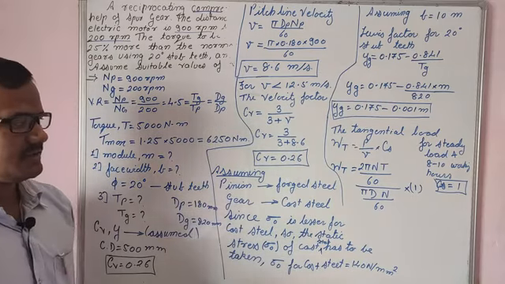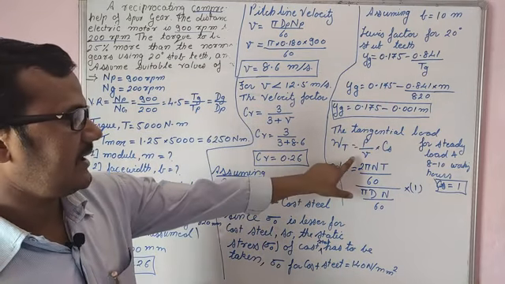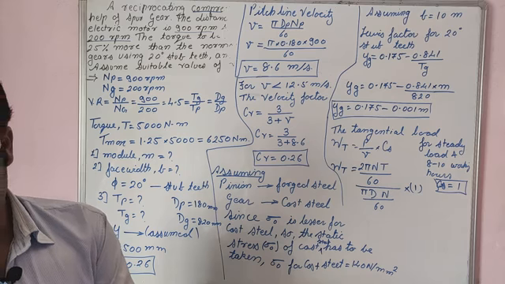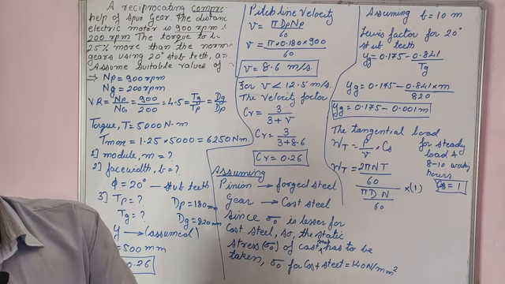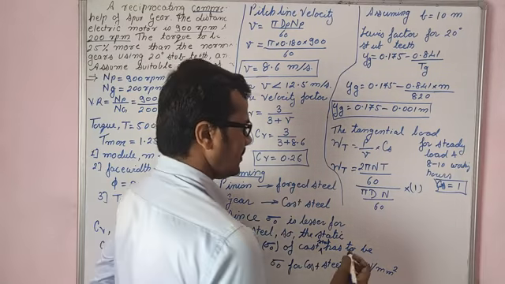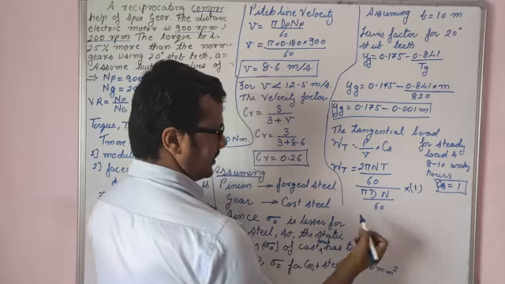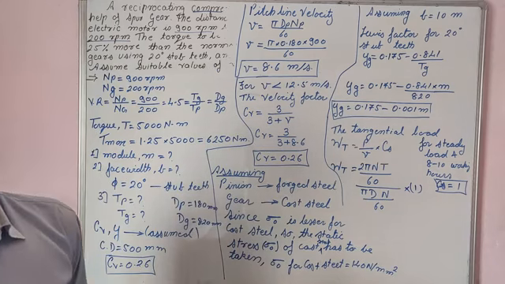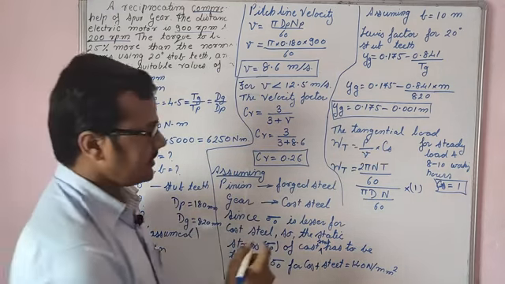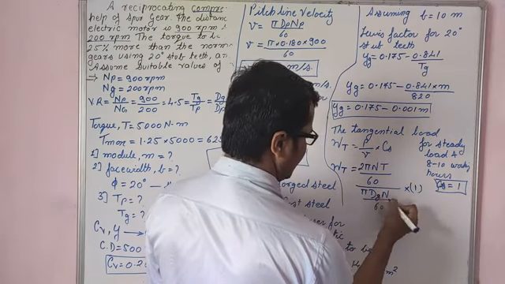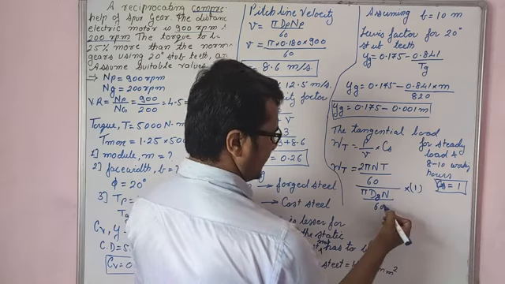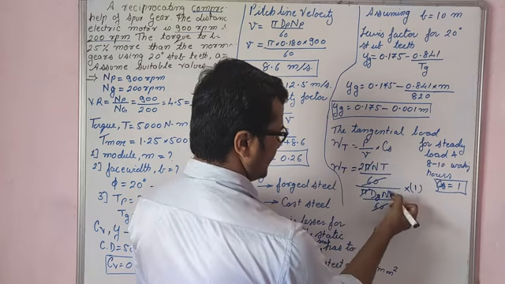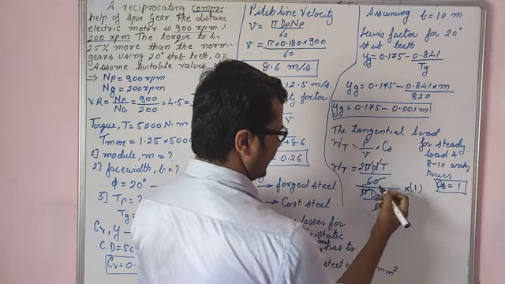So now the thing is power, and since we are transferring motion from the motor, it will be on gear, right? Now we will consider the pitch circle diameter of gear. Now 60 and 60 will get cancelled, pi and pi will get cancelled, n and n will get cancelled.